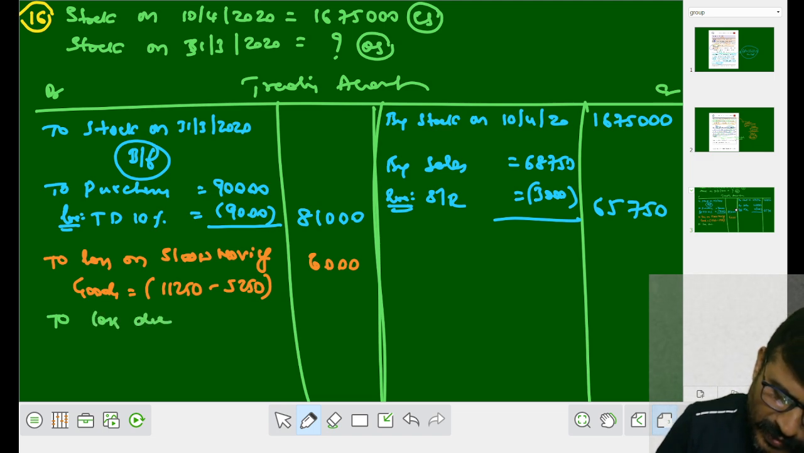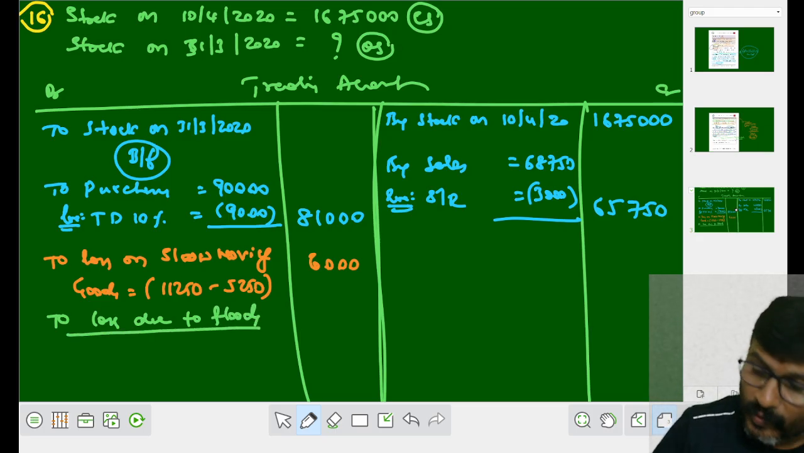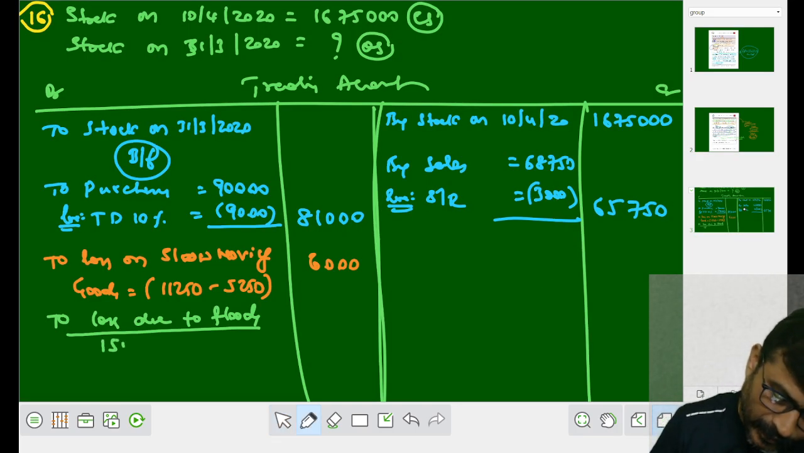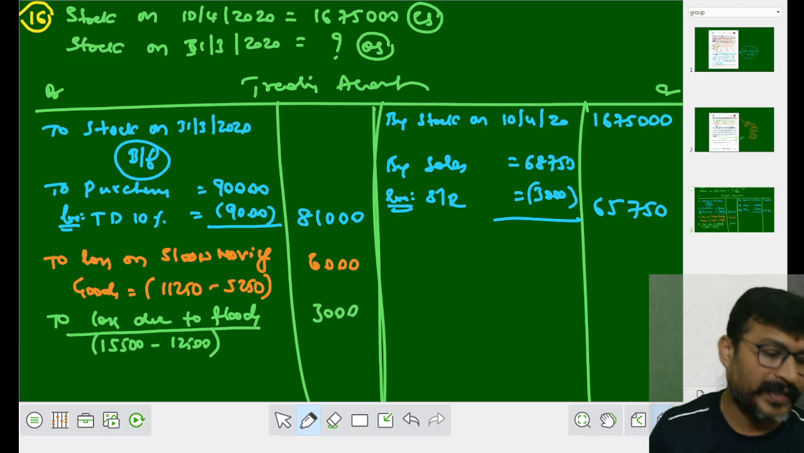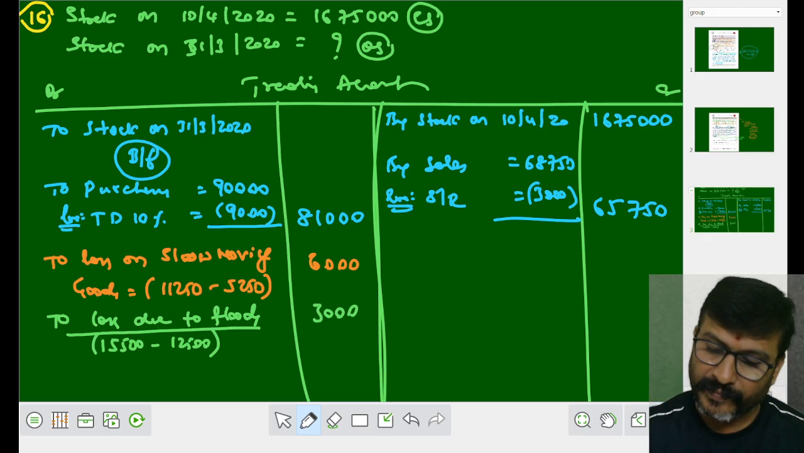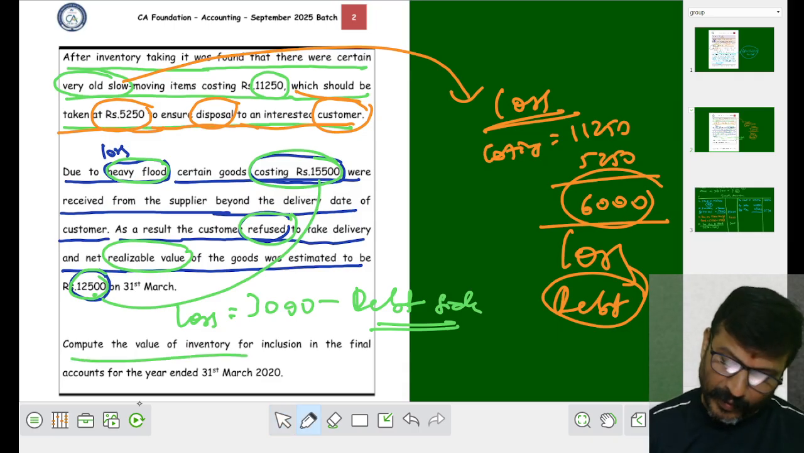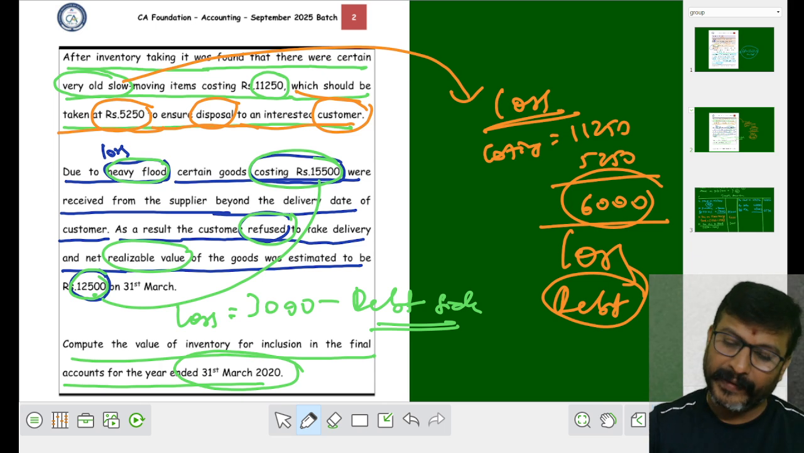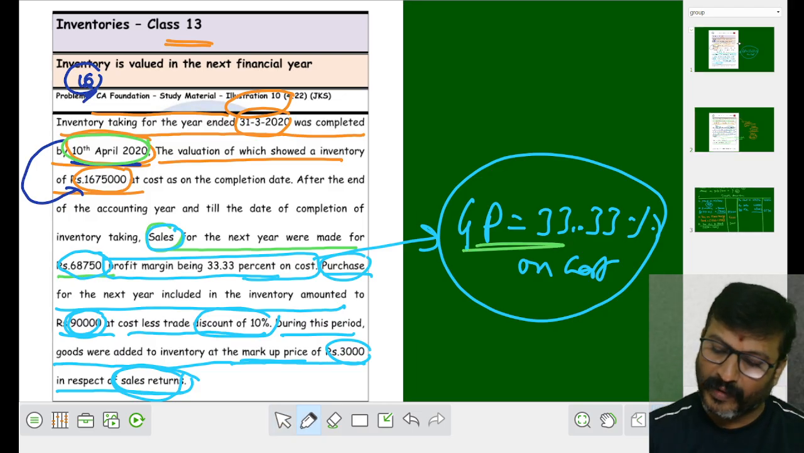So what do we have to write? To loss due to floods. What do we have to write? 15,500 minus 12,500, it comes to rupees 3,000. Right? Compute the value of stock inclusion in the final accounts for the year ended March 2020. That's all right. We have taken all the points, but in the previous page, there is a gross profit